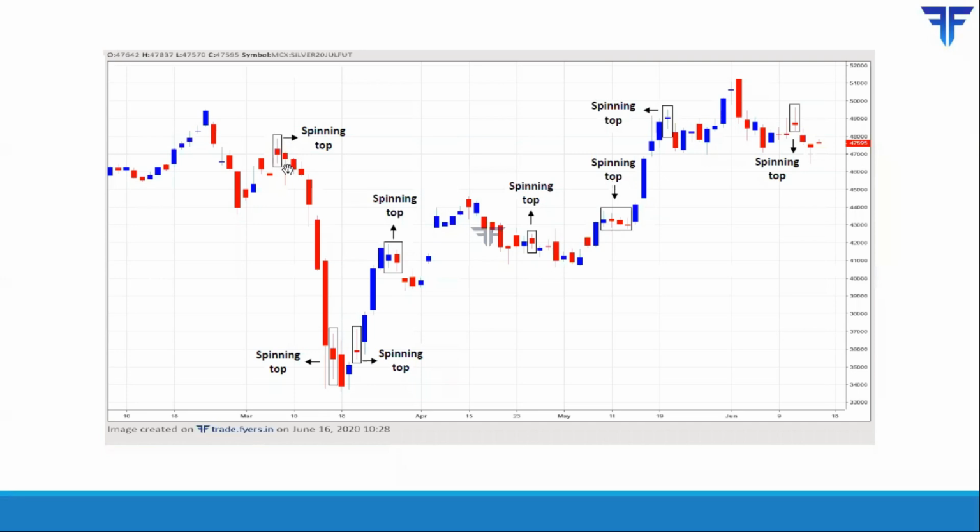In the subsequent day, if you can see, a hanging man sort of pattern formed. Now, why I call this hanging man is because it's appearing in an uptrend. So this qualifies for a hanging man. So these two patterns combined, spinning top that is immediately followed by a hanging man, indicates that price could find it difficult to break above the high of the spinning top. And as you can see in the subsequent days, the high of the spinning top was not broken and price fell sharply going forward. So here we could have used spinning top in conjunction with the hanging man, which is a bearish reversal pattern, to act upon.